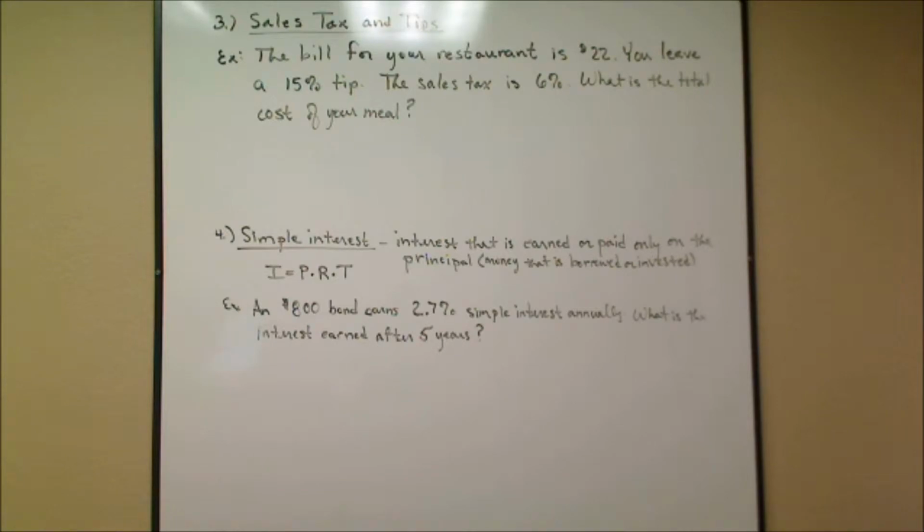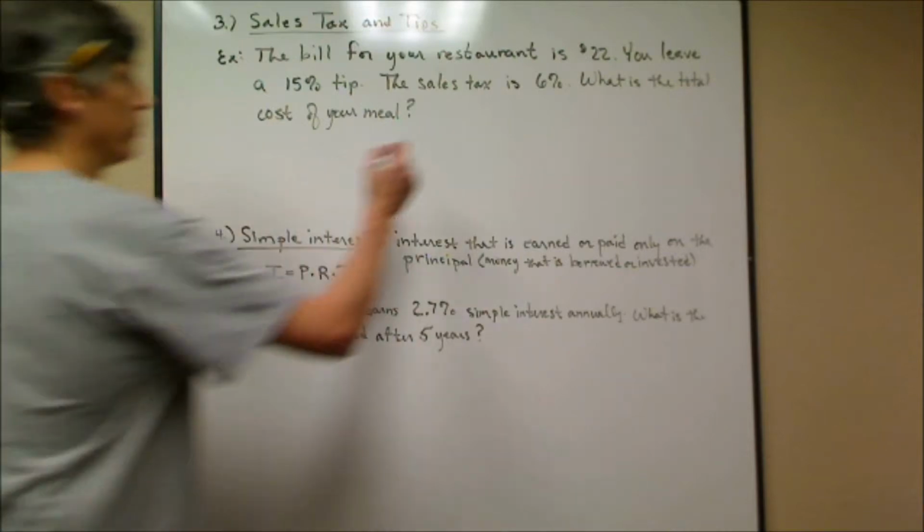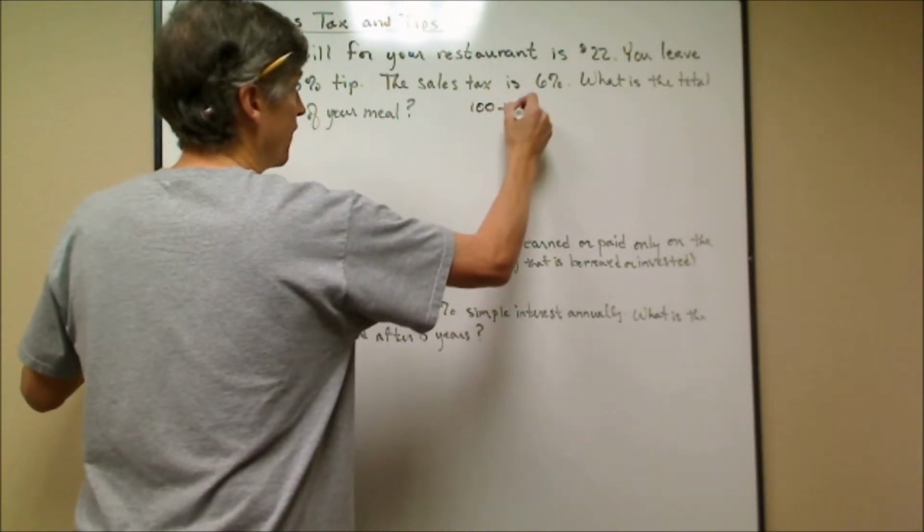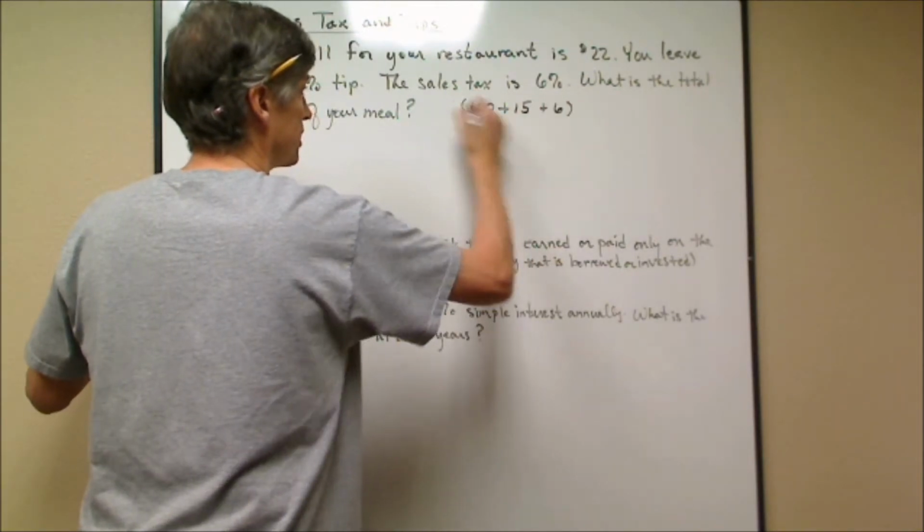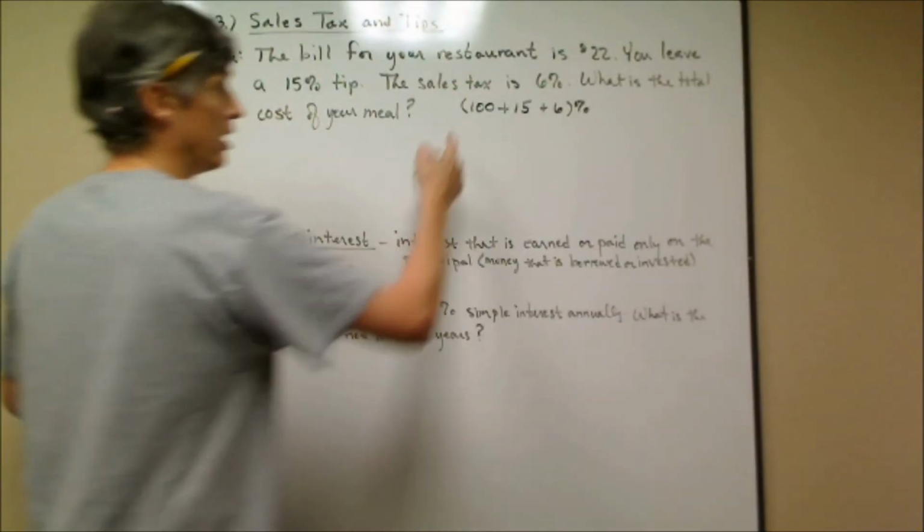Sales tax and tips. Typically, we talk about this when we're looking at a bill from some type of an eatery, a restaurant. And in this case, the bill for your restaurant is $22. You leave a 15% tip, and the sales tax is 6%. What's the total cost of your meal? Well, both the tip and the sales tax are based on the $22. So we're going to pay $22 plus 15% more of the $22 plus 6% more of that $22. So we're paying 100% of the bill plus 15% for the tip plus 6% for the sales tax. That's